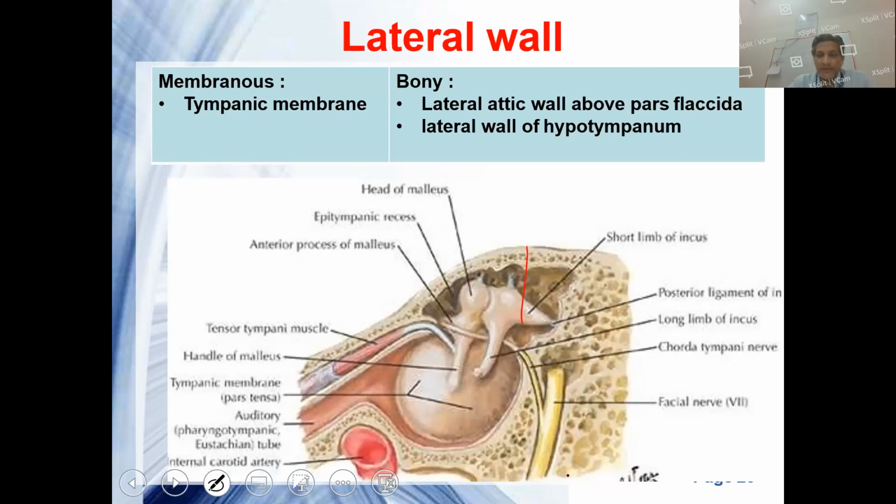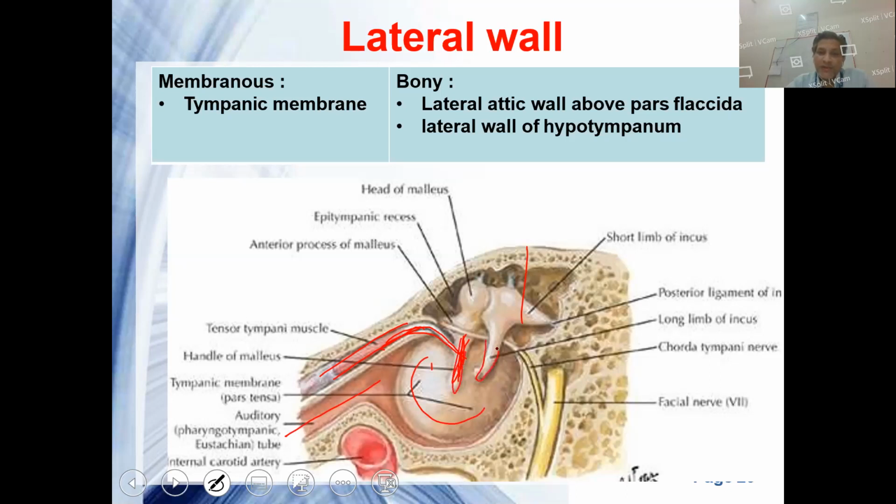This is a more complex diagram, but very close to the exact anatomical sense. This muscle is the tensor tympani, which is inserted on the handle of the malleus by taking an acute turn from the medial wall. It retracts and pulls the handle of the malleus medially. Then this is the eustachian tube, the tympanic membrane, and you can easily see the handle of the malleus.